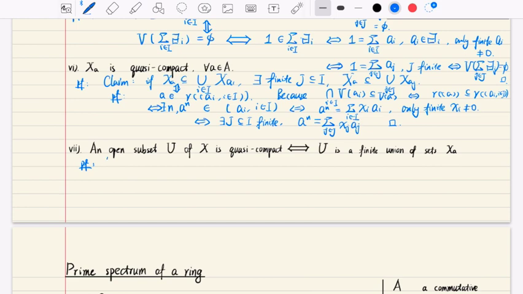The only if part is somehow very simple. Firstly, you may notice that U is covered by